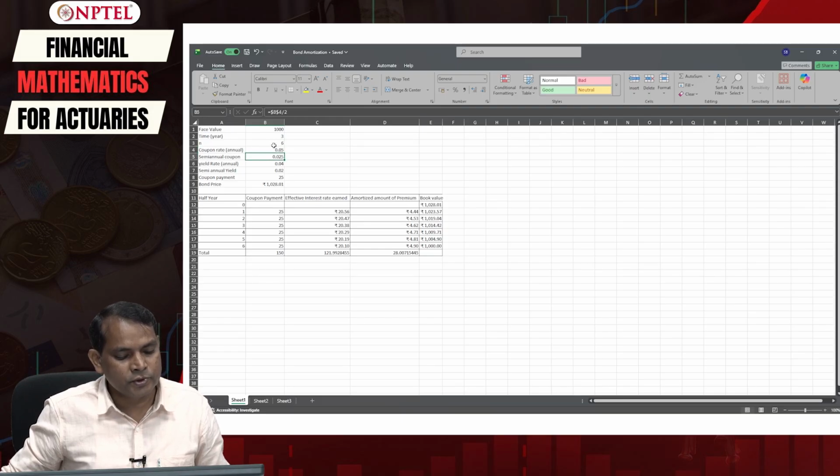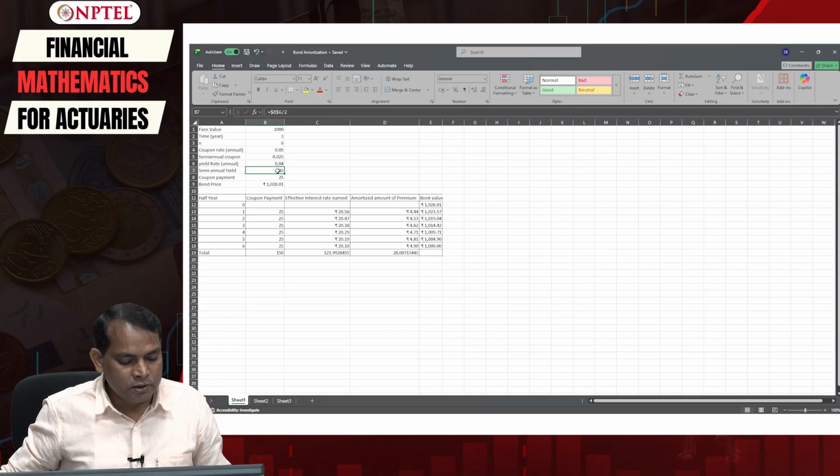You can just compute it using the formula here. The annual yield rate is given as 4%, and therefore the semi annual yield rate will be computed by dividing this by 2.